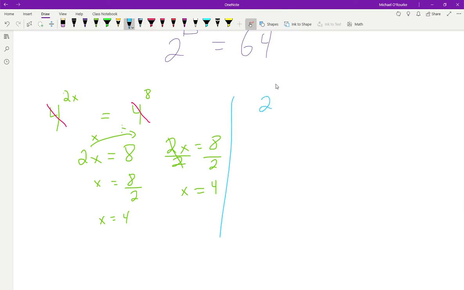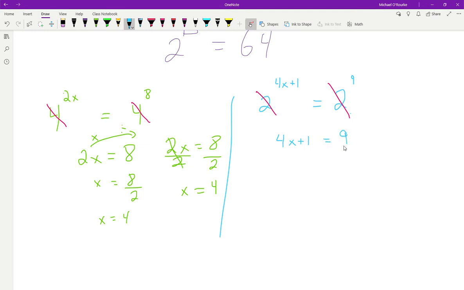So if I went 2 to the 4x plus 1 equals 2 to the power of 9. I'll try to slow down a little bit. I realize I go a little fast. But you can always hit pause as we go through. So here we go. The main thing to look at is, are my bases the same? Well, yes, they are in this case. So my base is the same, I drop the bases, and then I can just work with